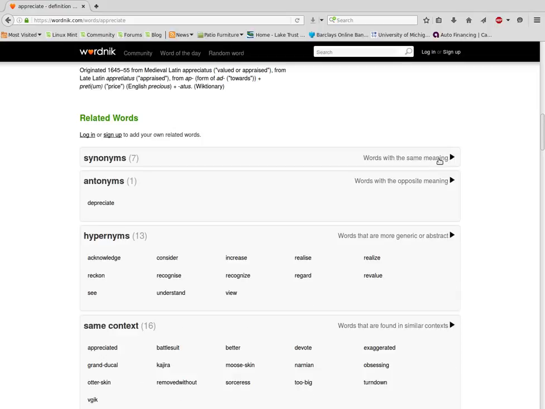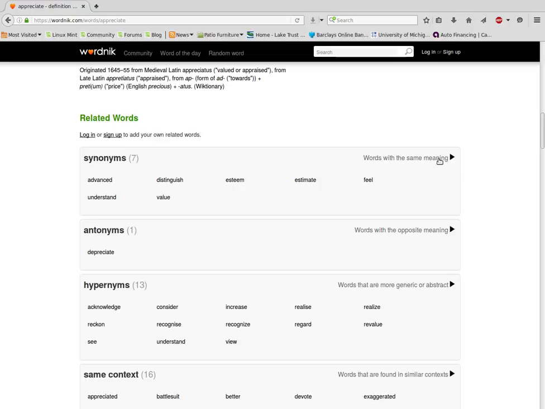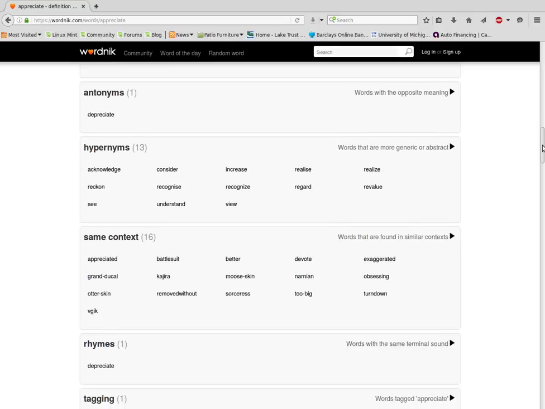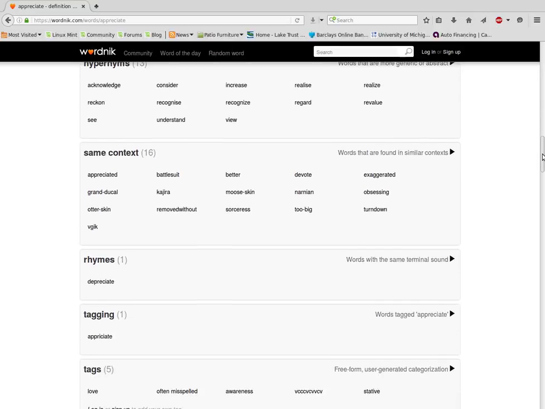You can make it smaller or bigger. There are also antonyms, words with the opposite meaning. Apparently the word I picked doesn't have very many antonyms. There are hypernyms, words that are more generic or abstract. So words that are similar but a little different meanings. There are some that have the same context, which means that words are found in similar contexts. If you were to look at the definition of these words and the other words, they all sort of match with the context. There also is a rhyming word,